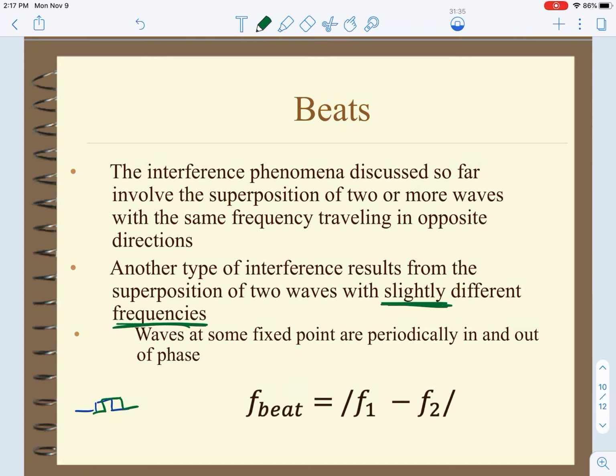Basically, I just need you to understand that whenever we have two waves that are really close to the same frequency but slightly different, we're going to calculate their beat frequency by taking the absolute value of the difference between those two frequencies. It doesn't matter which one you put in your subtraction first, as long as you find the difference of the two, and we're always going to express that as